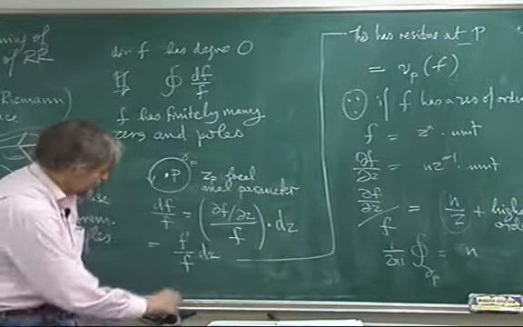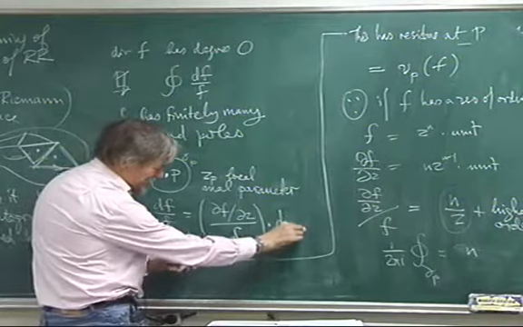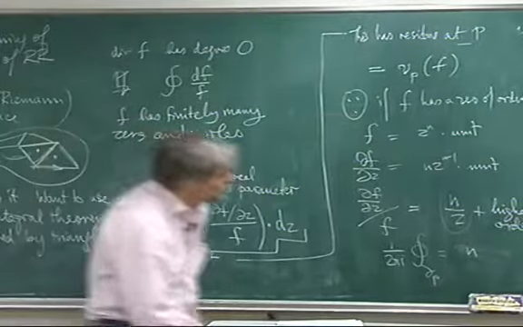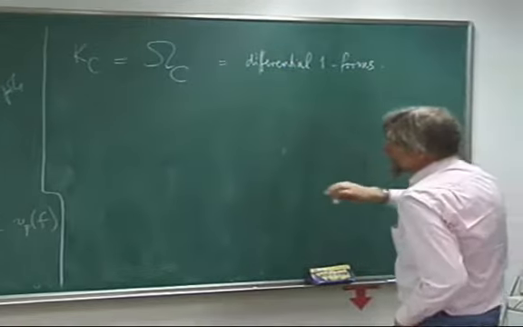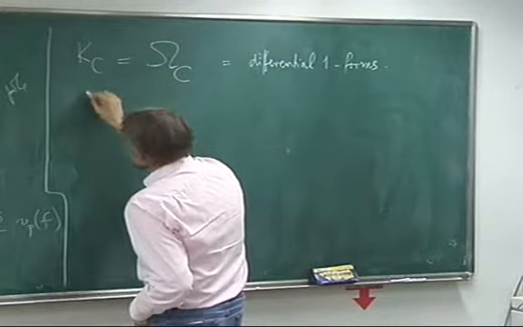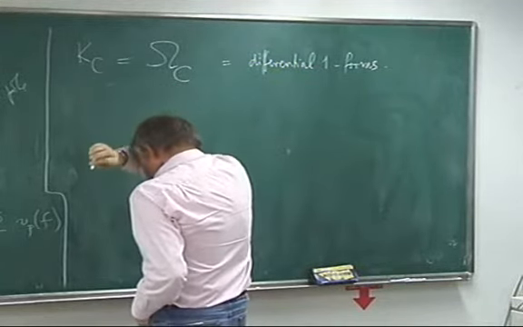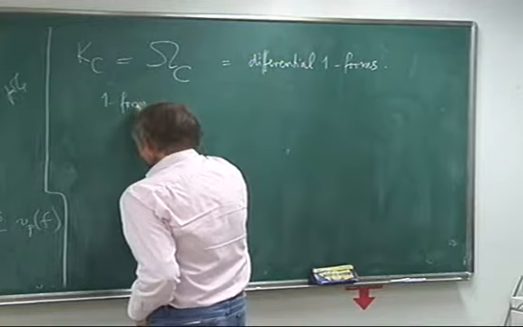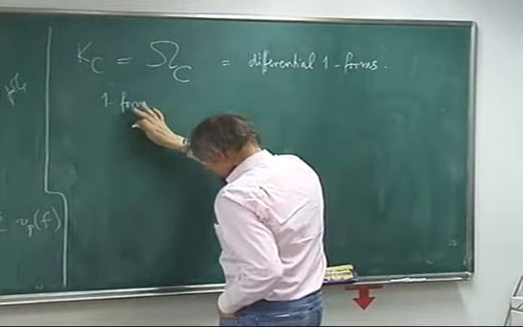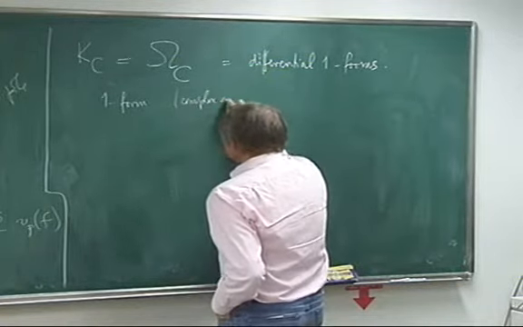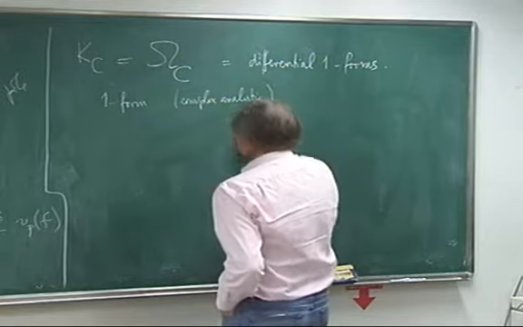And so you should think of this as not a function times this factor dz. You should think of this as being a differential. So this expression is a differential. Right. So let me just proceed with this. I want to say that, what do I want to say? So a one form, analytic, later on complex, later on algebraic geometric also. A one form, so here complex analytic, is a formal expression